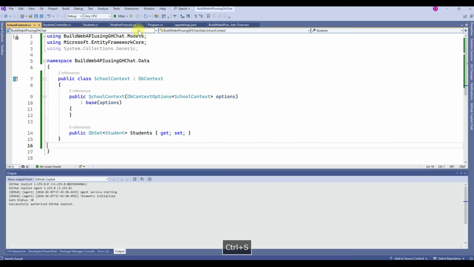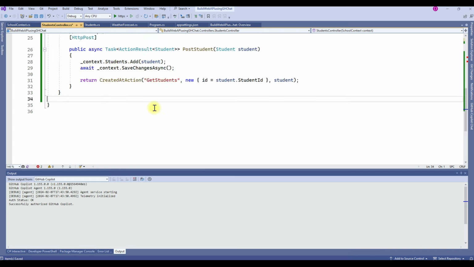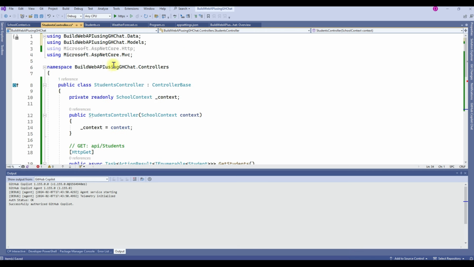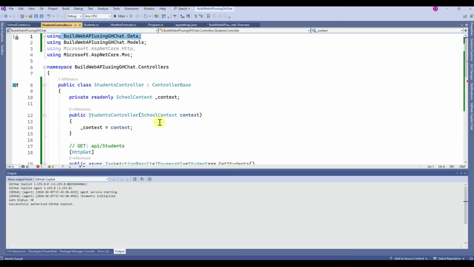Perfect. So all the missing references have been added here. Now here also you need to add the namespace, sorry, this particular reference is required, you need to add it here. So we have already added this data. This data folder contains the school context, and